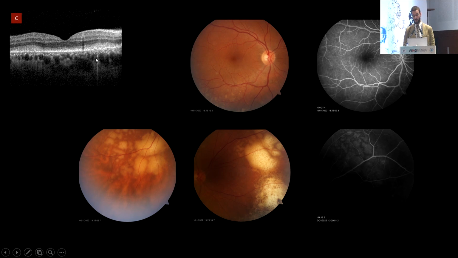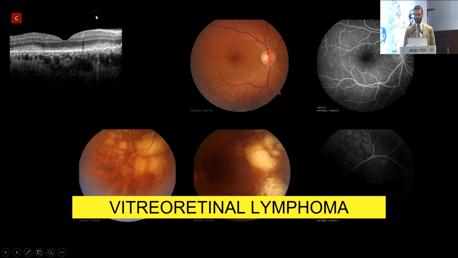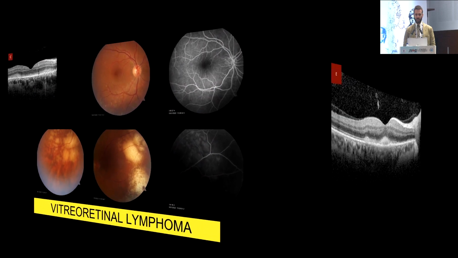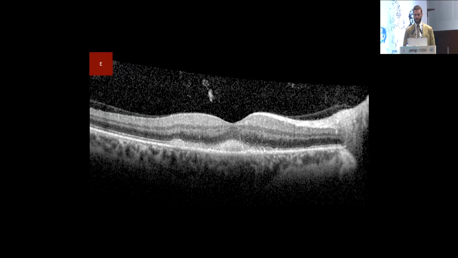My humble opinion is that the lymphoma cells come from the choroid. Sometimes they go under the RPE and then inside the retina, and sometimes they tend to go all the way to the vitreous. So this is a case of vitreoretinal lymphoma. And is this a case of vitreoretinal lymphoma? When I saw this patient, I said, yes, this really looks like a case of vitreoretinal lymphoma with this hyperreflectivity,